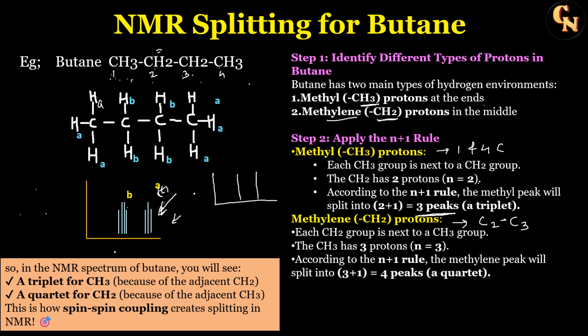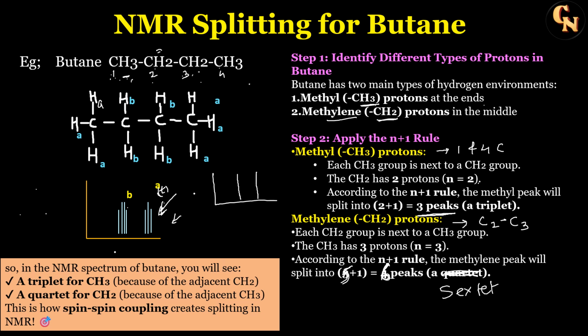So in total it will have 5 protons. Here I have shown only one way. So here we should actually have 5 protons: 2 plus 3 on one side, and on the right hand side there are 2. So 5 plus 1, you should get 6 peaks. That is, 6 peaks indicate